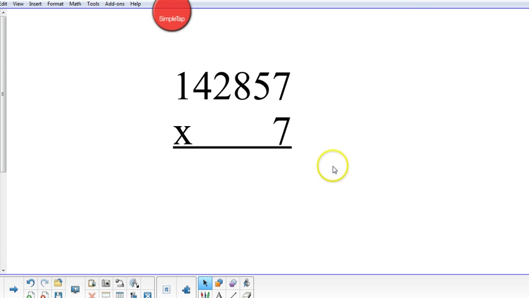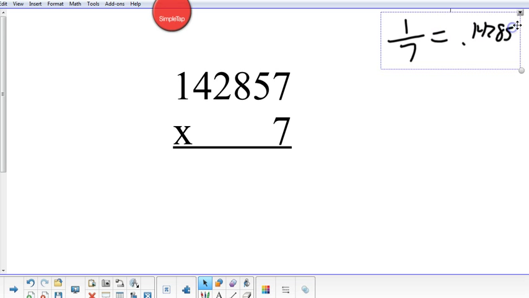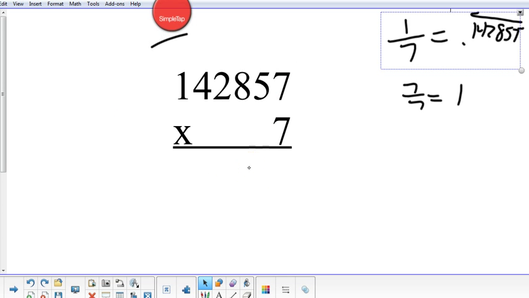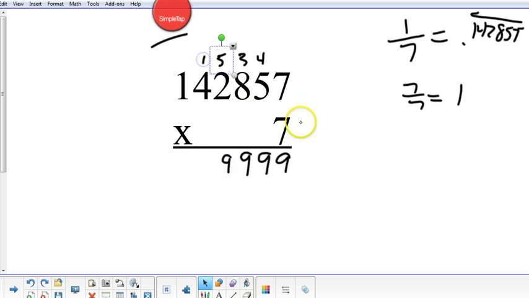But a funny thing happens if you multiply the number by 7. Remember, this number was generated from the digits that are in the repeating decimal for 1/7. And so if I multiply this decimal by 7, I would get 7/7 or 1 whole. But if I multiply this cyclic number by 7, what do you get? Well, you get 9. It's 49, carry the 4, 35, 4 is 39, carry the 3, 56, 3 is 59, carry the 5, 14 and 5 is 19, carry the 1, and so you get